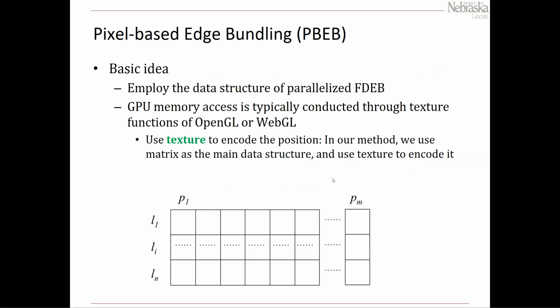So in order to address these technical barriers, we propose a pixel-based texture bundle. The basic idea is we still employ the matrix data representation of the force-directed edge bundling, and we utilize the texture functionality of OpenGL or WebGL to encode the position, essentially encoding the matrix. And then the next question is how can we update the texture according to the new position of the subdivision